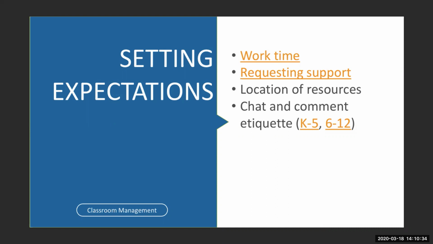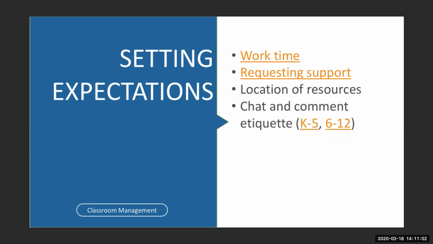You can add a comment to a slide, a Google Doc, a Google Sheet, and if you add the @ sign and then type in someone's username, I would teach your kids to do this, have them do the @ sign and then your username, and then ask their question. And that will send you an email every time that they do that. That way you know when they need help and you don't have to constantly go into the assignments they're working on. That's the way they can get your attention and let you know that they need some support.